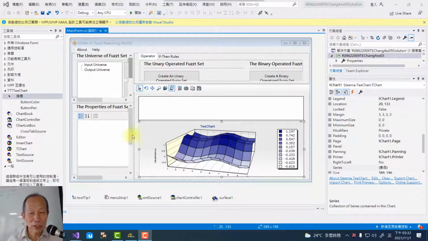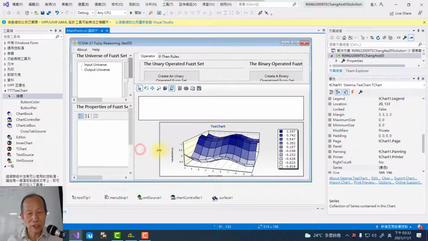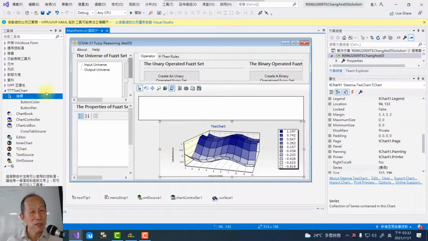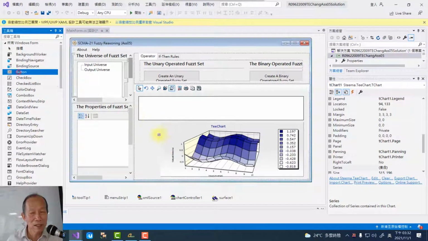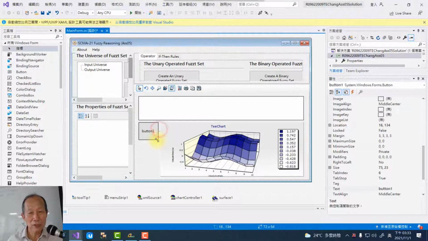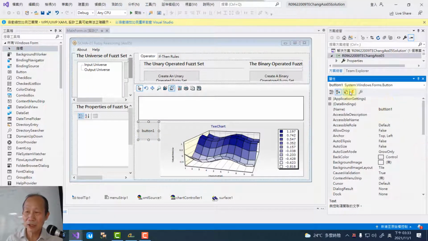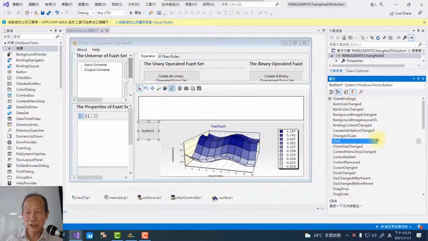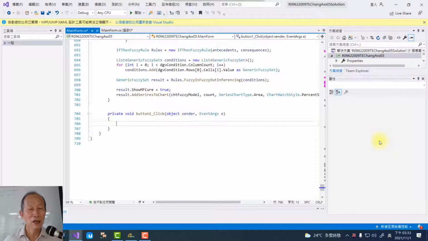Okay, suppose right now we'd like to generate a surface on the chart component. Let me prepare a button here. So suppose this will be the final inference result. I'm not going to directly subscribe to this click event right here. Okay, so when you click on this button, we will specify the